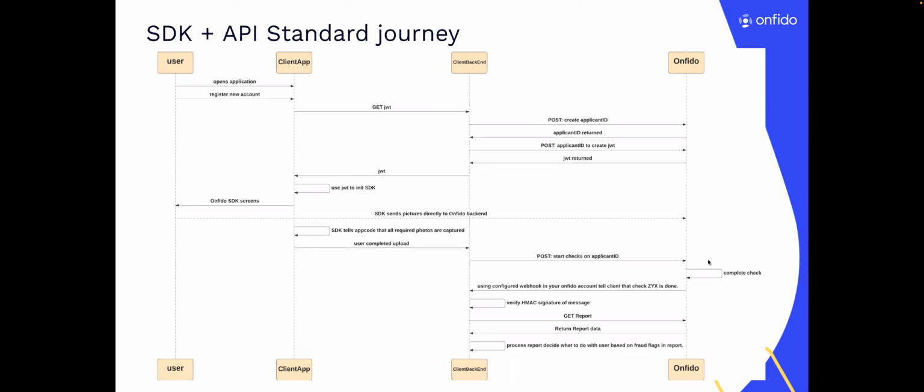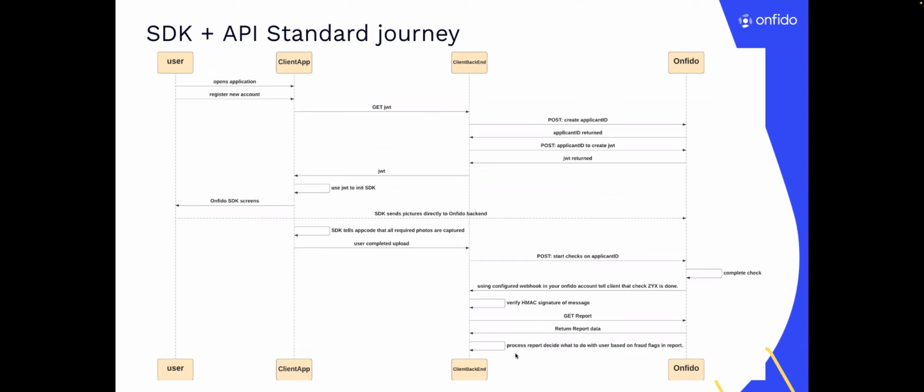Please note that this does vary based on your account setup that you have with Onfido, and it does vary against different products and services. Now, once Onfido has completed the check, we can provide you with the webhook. The webhook will contain the information for you to then be able to retrieve the reports from Onfido. We captured various information around what these reports look like in our previous session, but from here you can gather that information to your backend in order for you to make more decisive decisions on what you want to do